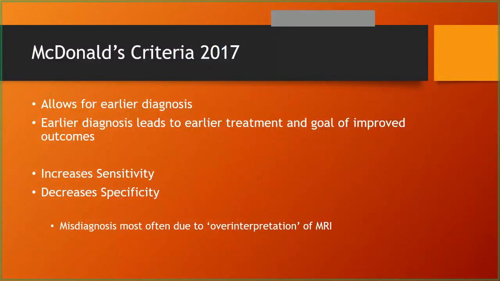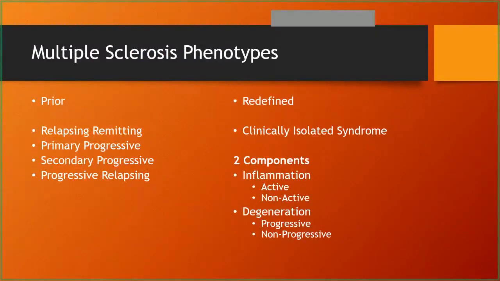I'm going to skip over MRI criteria. Previously, everybody learned there are fairly delineated types of multiple sclerosis: relapsing remitting, primary progressive, secondary progressive, and progressive relapsing. Those terms still have validity, although the way I was taught to think about it, as I've evolved into this position, is I think of multiple sclerosis with two components, which